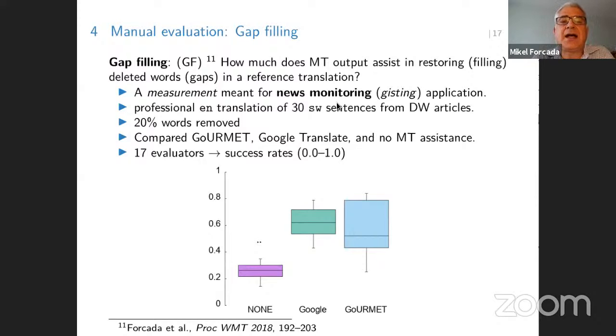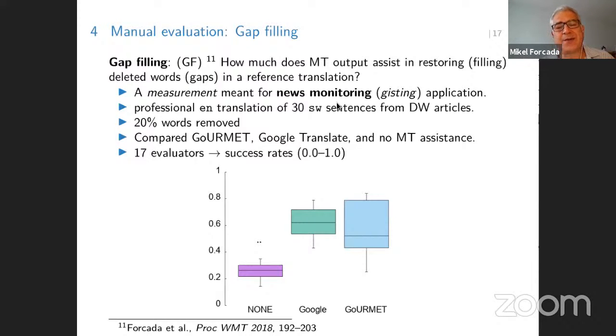We had professional English translations of 30 Swahili sentences from the Deutsche Welle articles. About 20% of content words were removed from each sentence. And we compared our system, the Gourmet system, with Google Translate, and also with no machine translation assistance, like wild guessing without any help. And we had 17 evaluators, and we collected their success rates in the range 0 to 1. The graph shows that when they get no assistance,